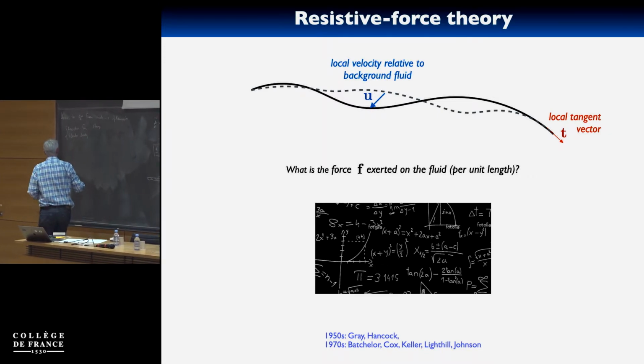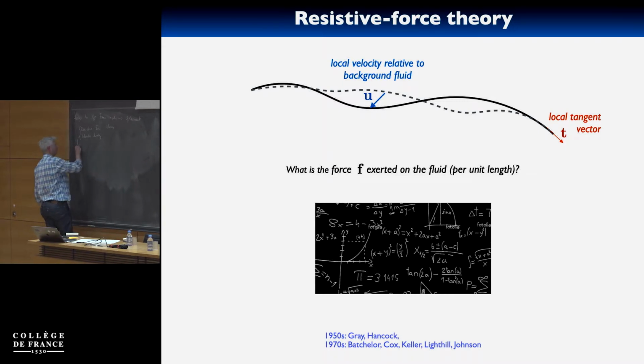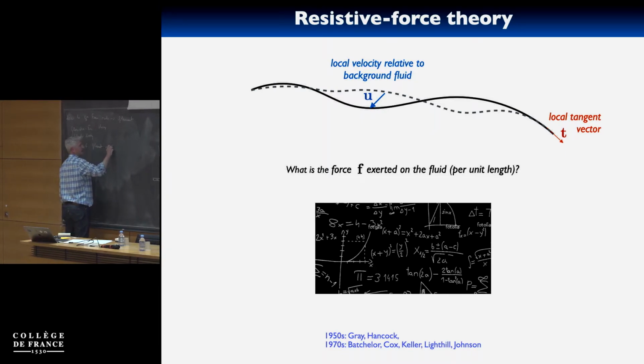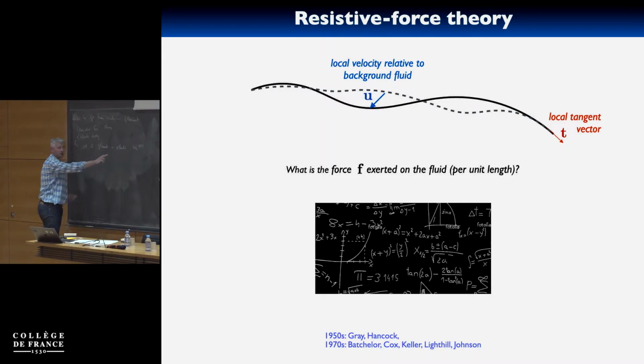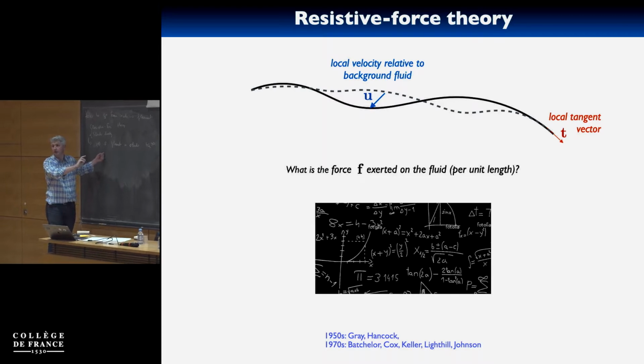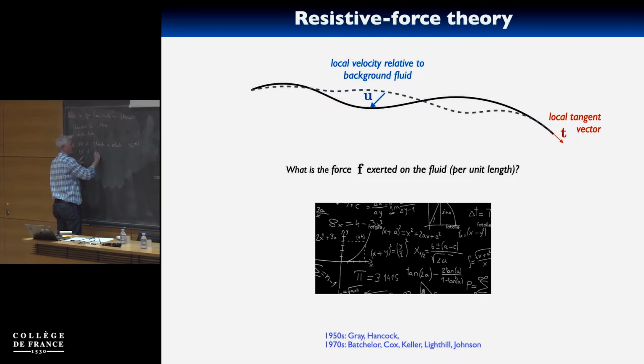Well, it turns out this classical work tells us two things. One, if the filament is slender, so that this L over A is actually a very large number. How large is a very difficult question to answer to get mathematically correct. People do PhDs just trying to understand what 'how large' means. And two, if the filament is only gently curved,